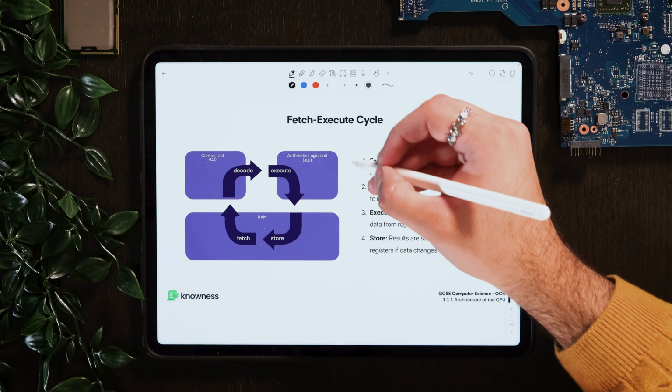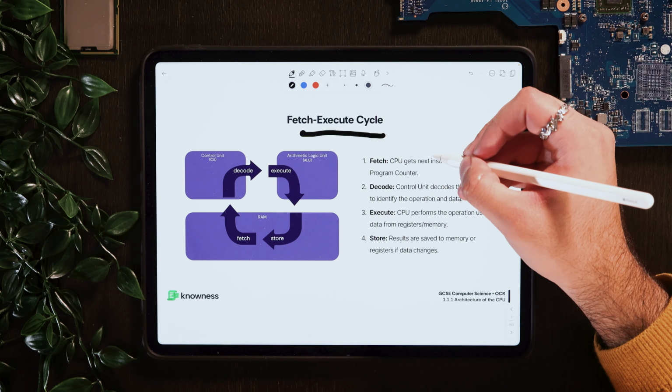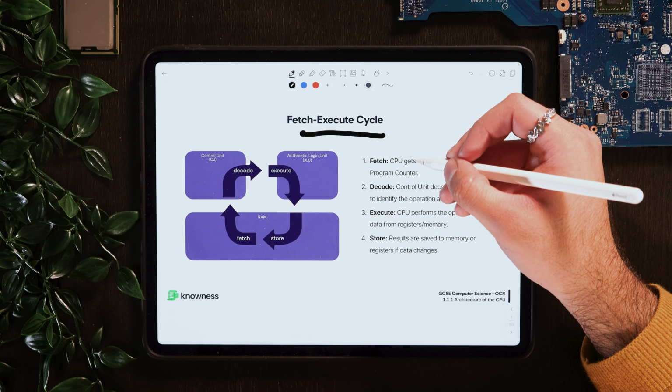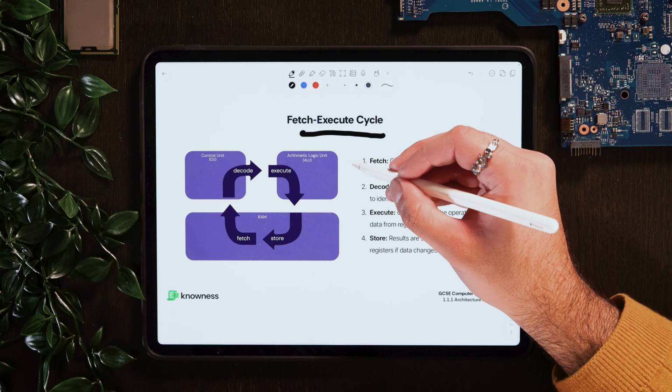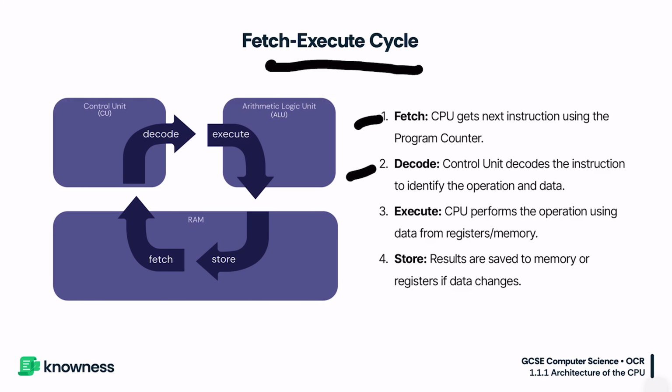The Fetch-Execute Cycle is the process that the CPU goes through to retrieve instructions from memory, figure out what they mean, and then carry out the specified operations. The cycle has four main stages: fetch, decode, execute, and store. First, the CPU fetches the next instruction from memory. It uses a special component called a program counter to keep track of where the next instruction is located in